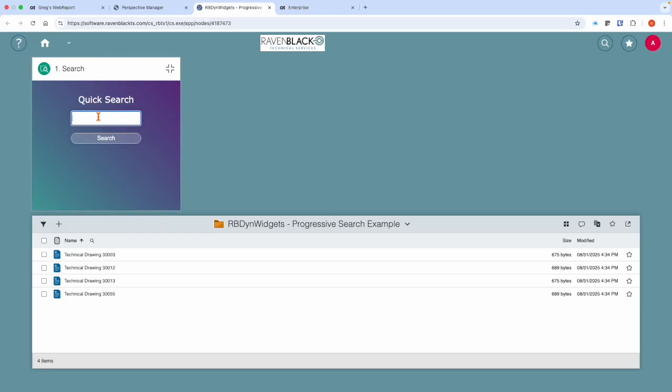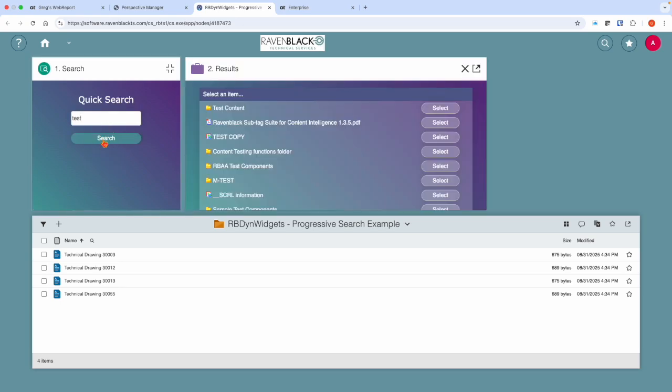In this case, we're just going to type in a simple test into this. This is a very simple form. Obviously, these can be completely different sizes. We have examples that are full width with a lot of different filter conditions. This is purely just for demonstration purposes. And having run for a few seconds, it's now launched another widget, or in fact revealed this other widget with